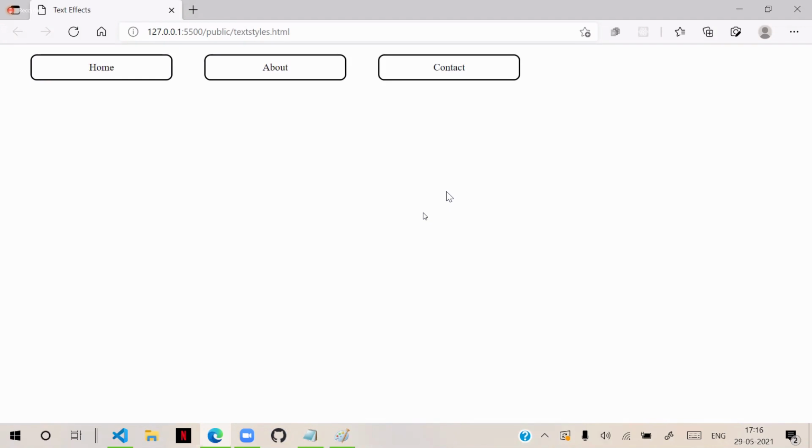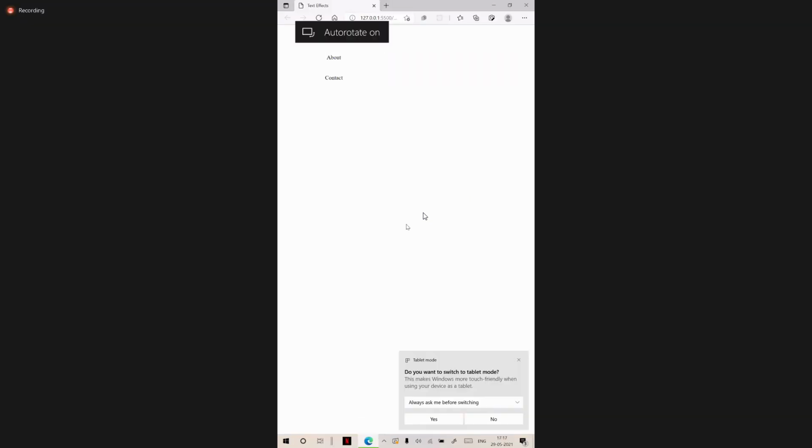And you see now I am rotating my tab here. When I'm rotating it, you can see that in portrait mode, its appearance is different, and in landscape mode, its appearance is different.